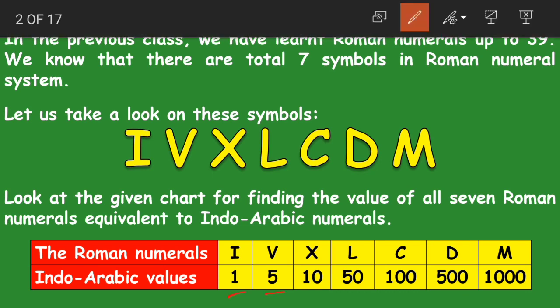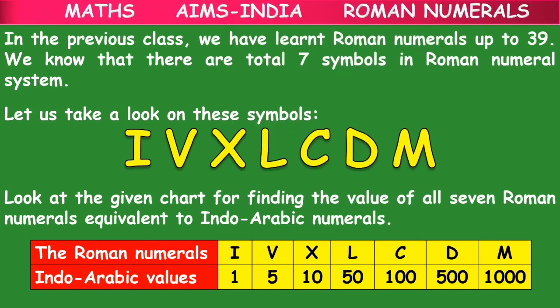First we had 1, 5, 1, 5. Next we'll have 1, 5 only, but with an increased 0. Then again we'll have the same 1, 5 only with another 0. We had no zeros here. We have 1 zero. Then we have 2 zeros here. And lastly we'll have 3 zeros. There is no 5000 here. The last Roman symbol is M, which stands for 1000. Understood, children? If you remember 1 and 5, you can write the remaining Indo-Arabic values easily. 1, 5, 10, 50, 100, 500, thousand.